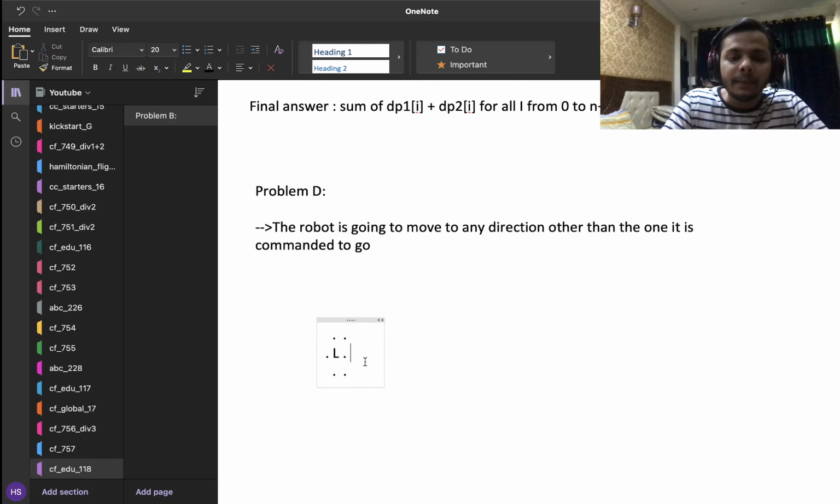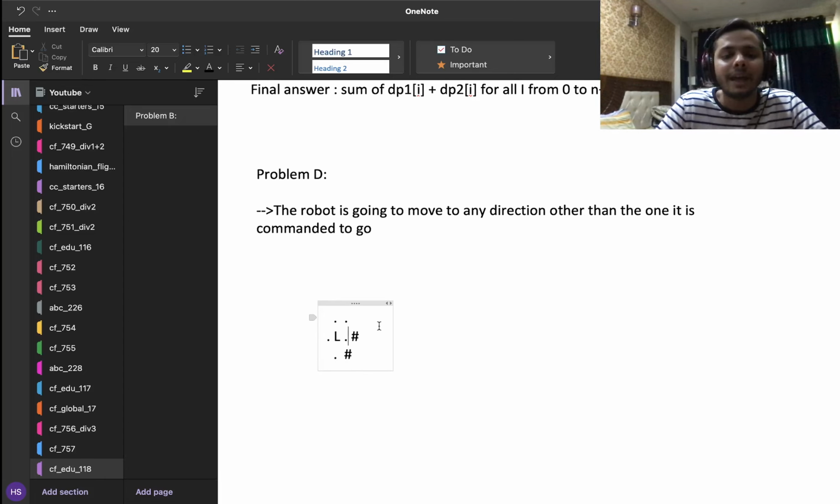But let's say I make one of its cells blocked. And now again there is no guarantee. If I command him to go up, he can either go left or go down. But it's not a guarantee that he will go left only, right? But let's say I make another of its neighboring cells blocked. And now it becomes interesting, because now if I command him to go up, it is guaranteed that he will go left. And that is exactly what I want, right? I want him to end up at the lab.